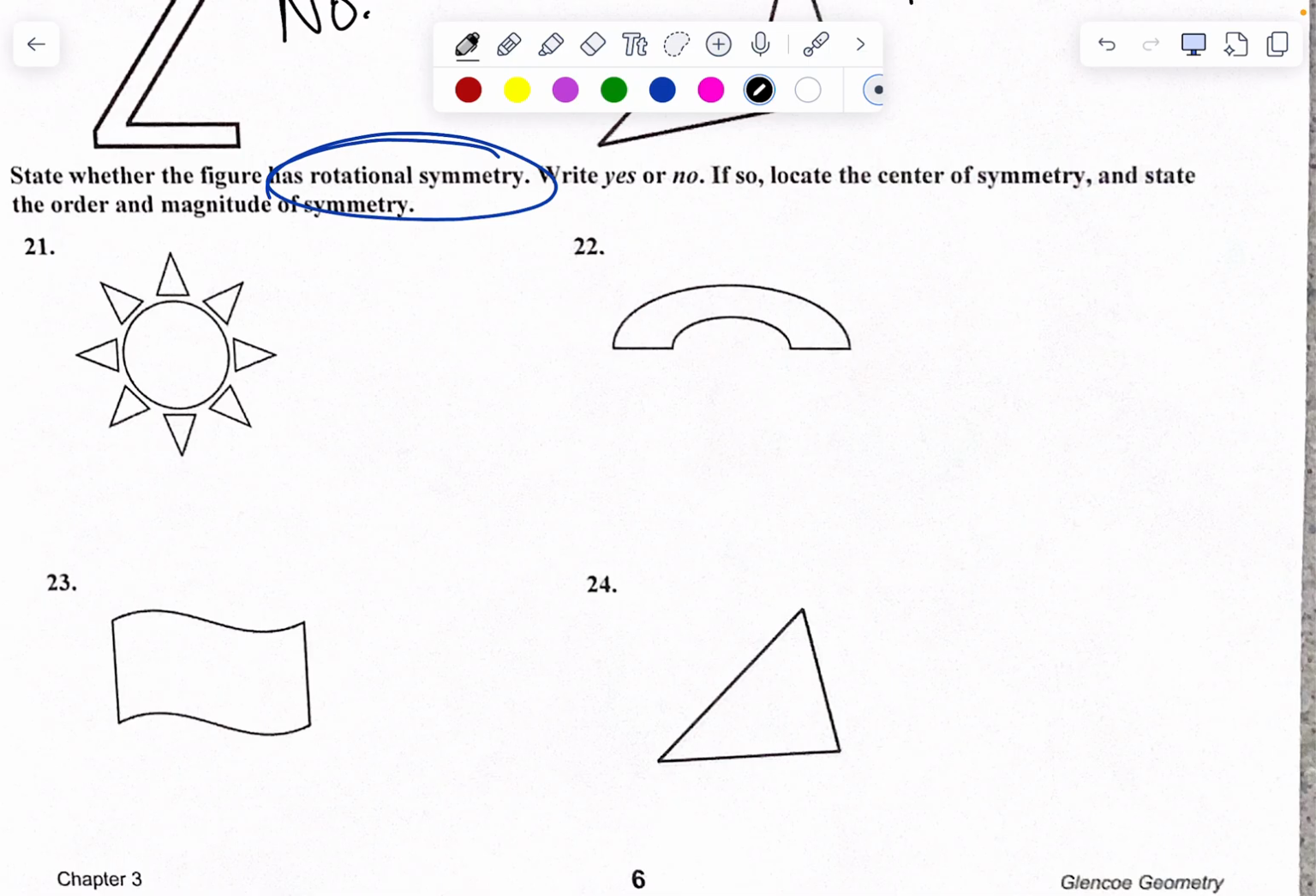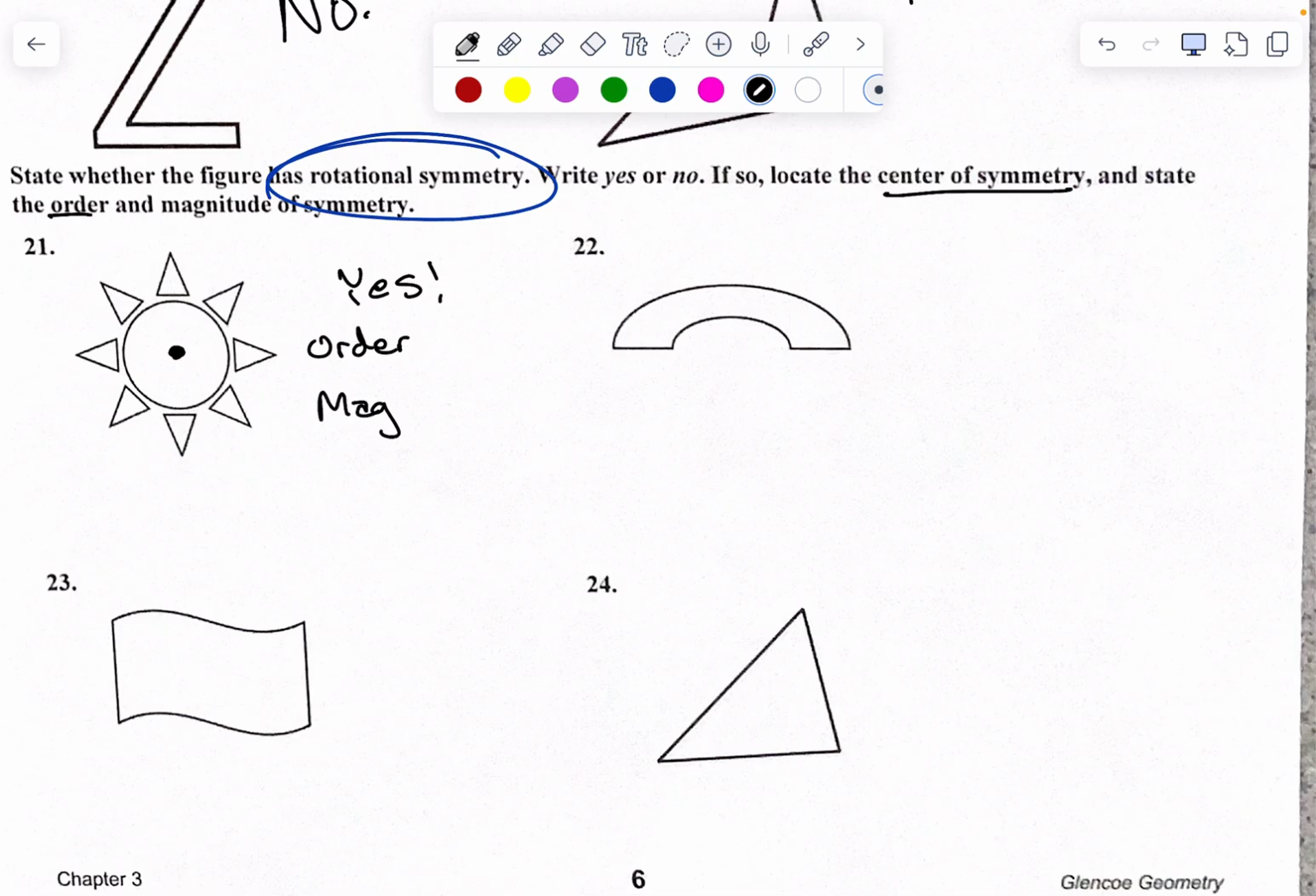That means, can he rotate a little bit and be the same image on top of himself? Like this sun, if I rotate him, yes, he will. Now, this one's a yes, right? But it says, if so, locate the center of symmetry. So where is his center going to be? Like in the middle, right? That's where he has to rotate around. And state the order